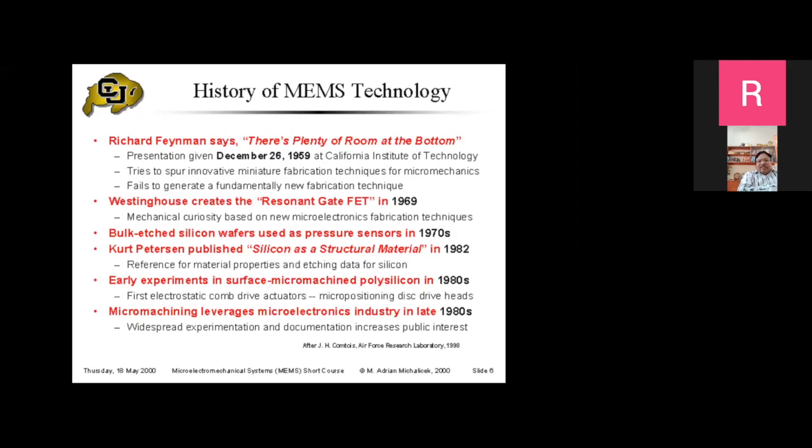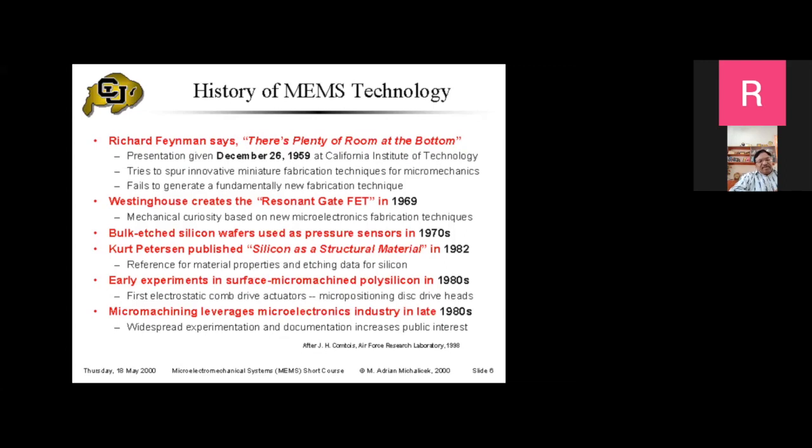Can you make a mirror of the size of a thickness of a human hair? Is an important question. That's where the quantum principles come into picture. You have to estimate how small they can go. Otherwise, uncertainties and all will take over. Okay? So one of the earliest devices you can say is the resonant gate FET. Some of these are available as papers also in the conference papers and journal papers. You can find, if you Google search, you can see what is a resonant gate FET, how it was started, and so on.